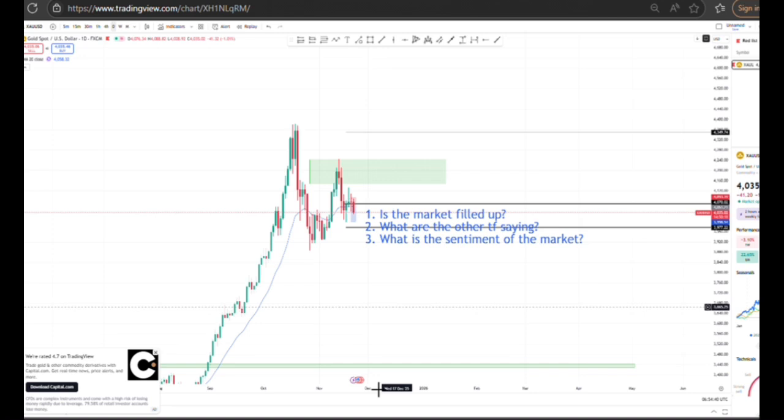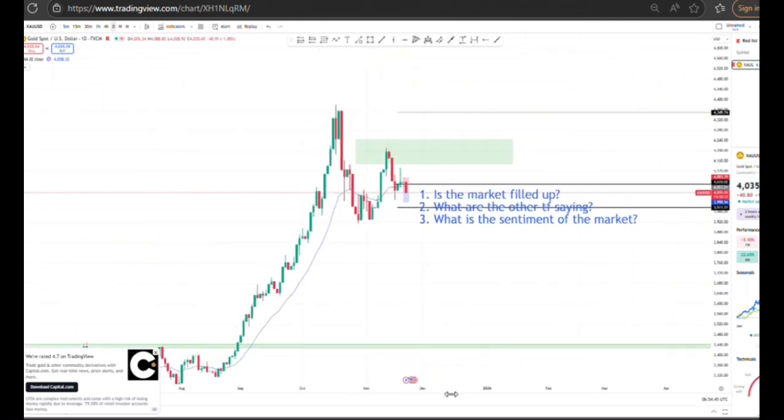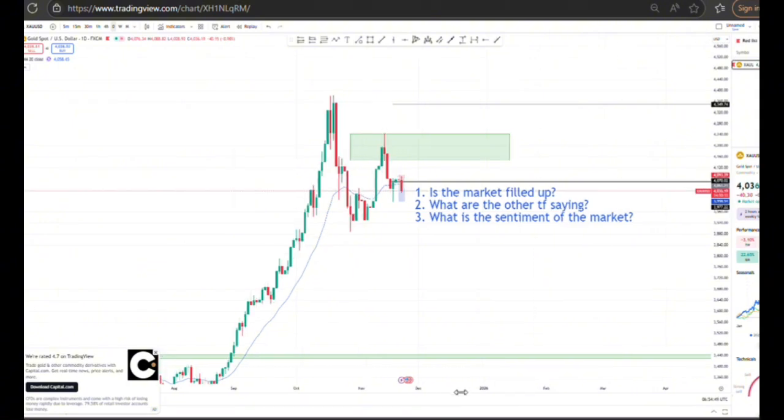That means gold is no more a safe haven. Investors are moving their money from gold and they are putting it in other assets. And this is where fundamentals will come into play. You have to read news and all. Today is not a day for fundamental analysis. Probably in future videos I'll do that. But